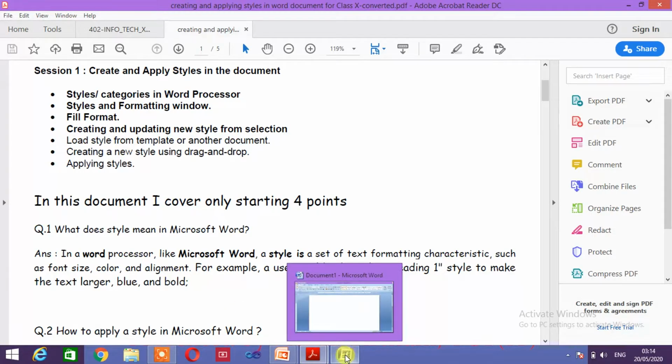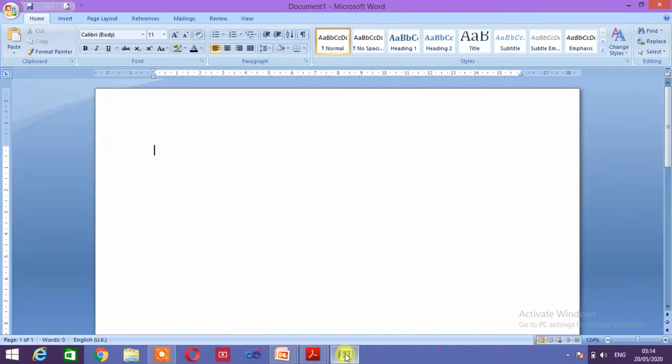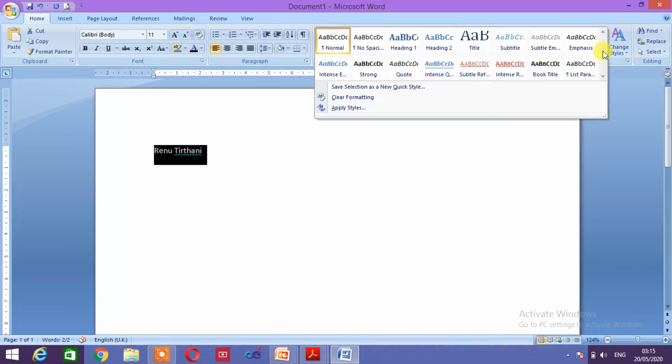So first of all, I am going to Word document. I am typing my name here. Now I want to apply the style. So first of all, I will select the particular sentence or word or any paragraph on which you want to apply the style. Then in home tab you will find the styles group. In styles group you will find different kind of styles. Directly you can apply the style from here,